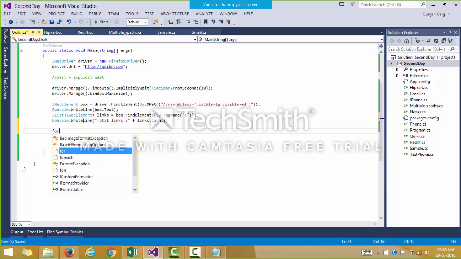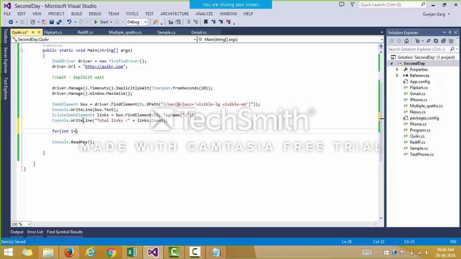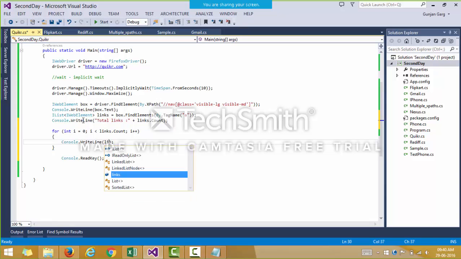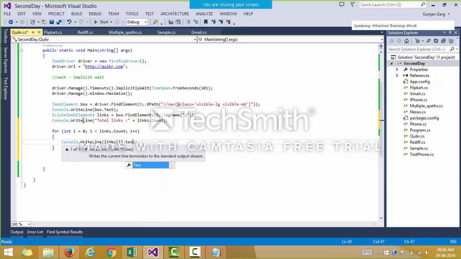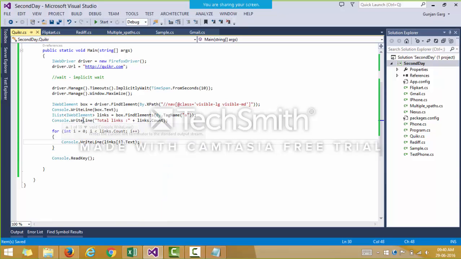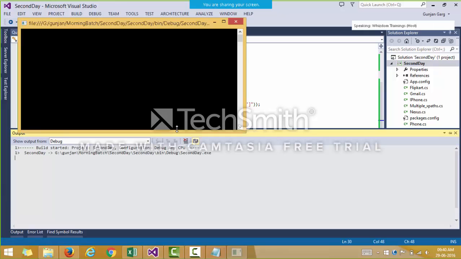So I'll write a for loop, that is, you write links.Text. Now I'll run the code once again.